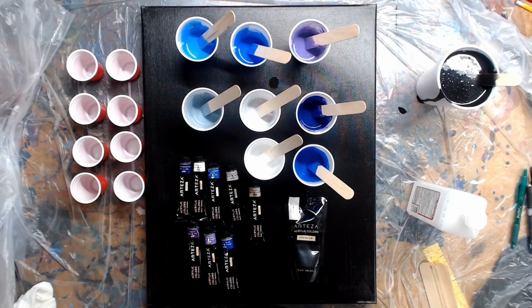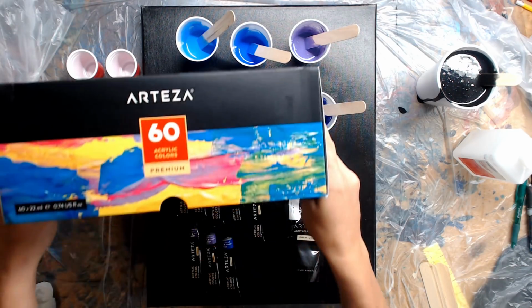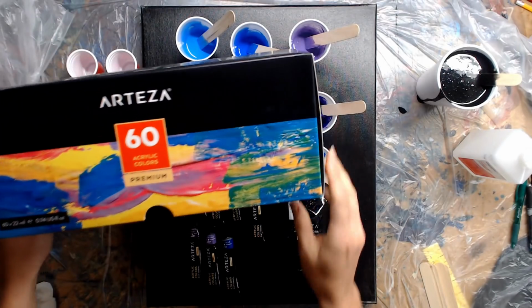So today we are going to be doing a painting with only ARTEZA paints. ARTEZA reached out to me and asked me if I would like to do a painting, or actually just try out their paints and see how they work with using the Floetrol and the Flow Art and all that kind of stuff. So of course I said yes,